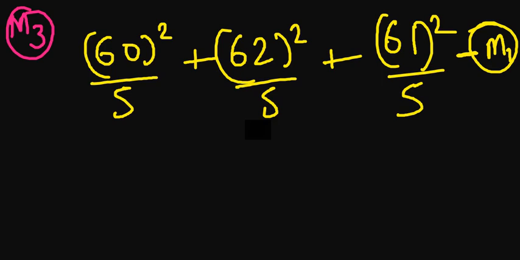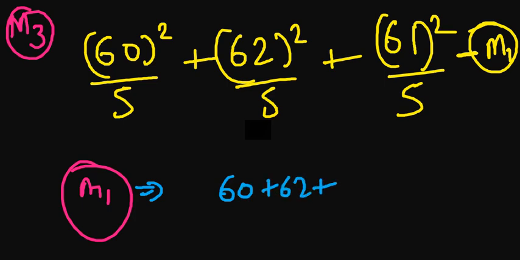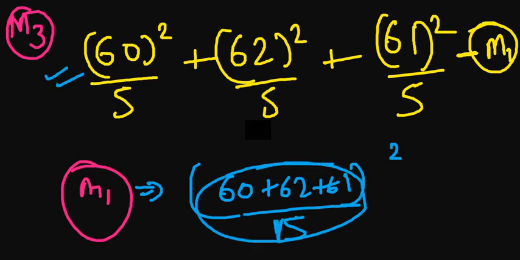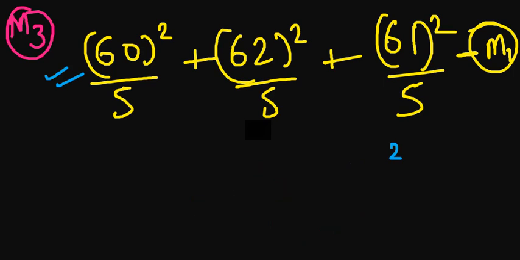And in the first step, in M1, we did 60 plus 62 plus 61 the whole square divided by 15. It was way different from what we calculated, and it is way different from what we are going to calculate now. So when you calculate this equation, 60 the whole square divided by 5 and all these, if you solve it on your own, you will get the value of